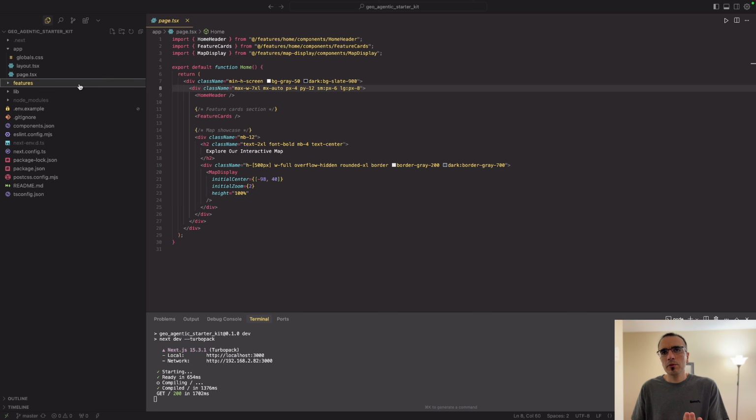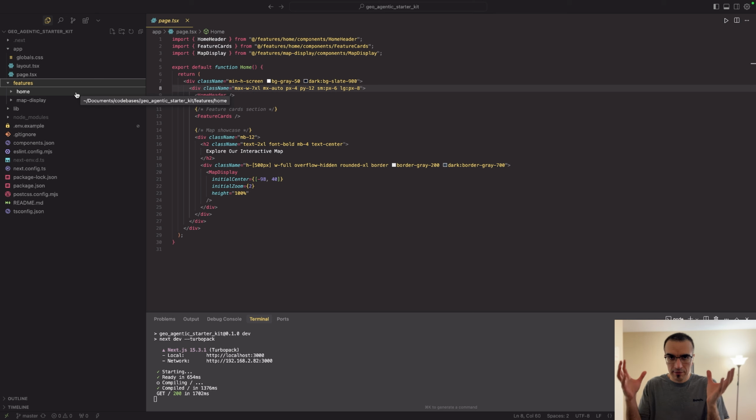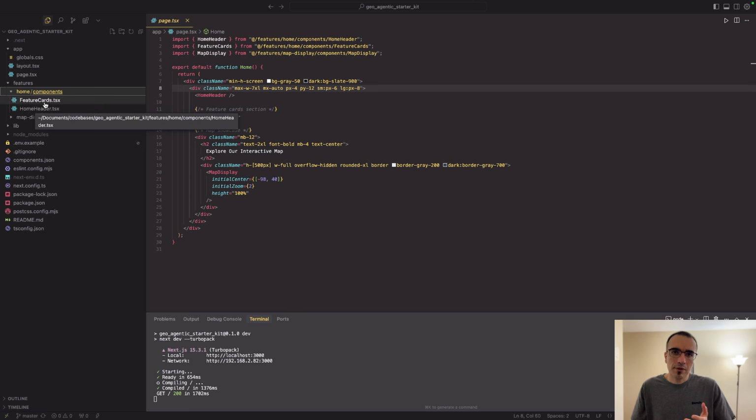For the organization of our project, we use something called feature-wise organization. I don't know if it's officially called feature-wise, but I could just call it that. It means that you group similar features of your app into separate folders. What is actually a feature? A feature, for example, is the map that you saw. Or it could be our AI assistant. Or it could be the home page in general. We put all the components and functions related to each feature under their corresponding folders,